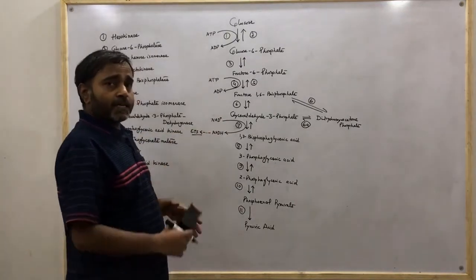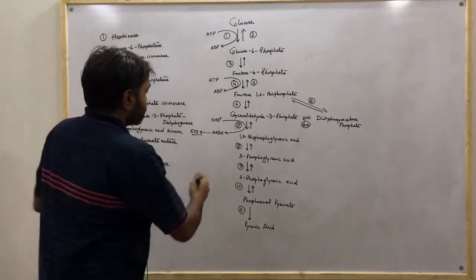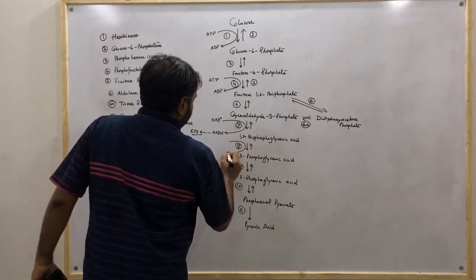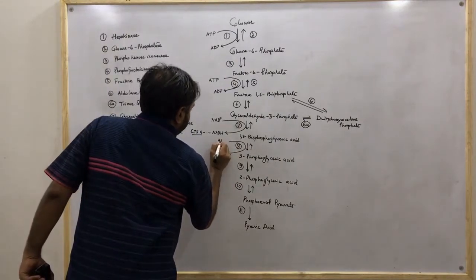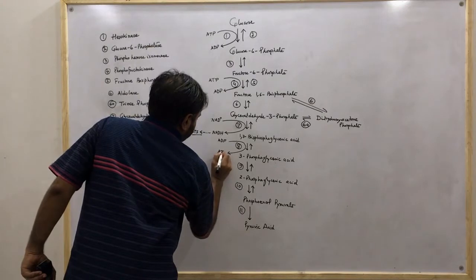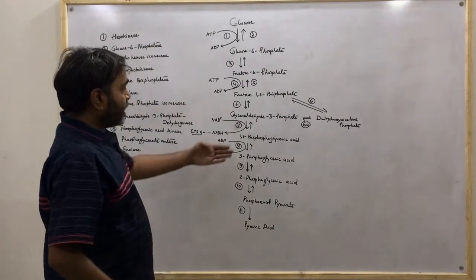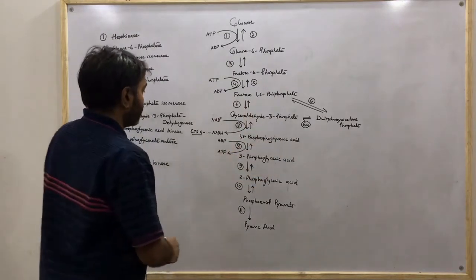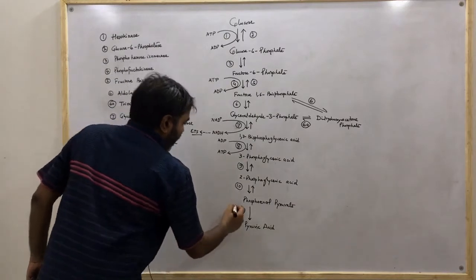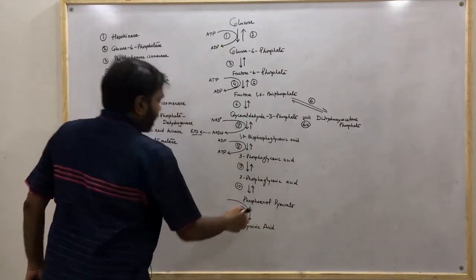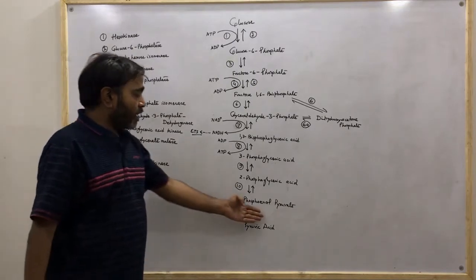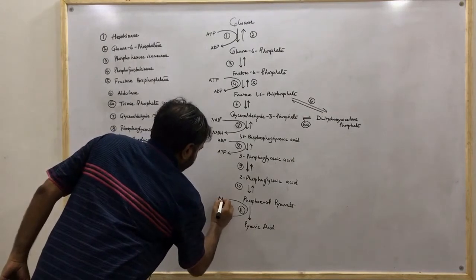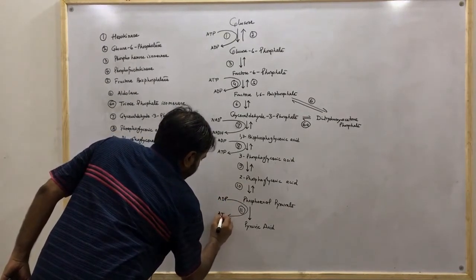So what other steps are there where the exchange of energy is taking place? So this is the step where the change of ADP to ATP occurs in the conversion of 1,3-bisphosphoglyceric acid into 3-phosphoglyceric acid. So we will write it here, and at last, in the last step where the conversion of phosphoenolpyruvate to pyruvic acid is taking place, here ADP will get changed into ATP.